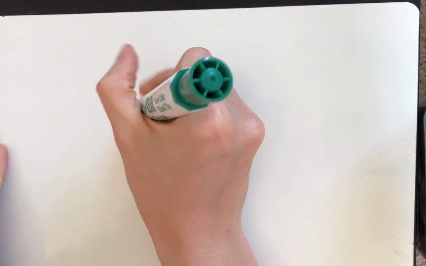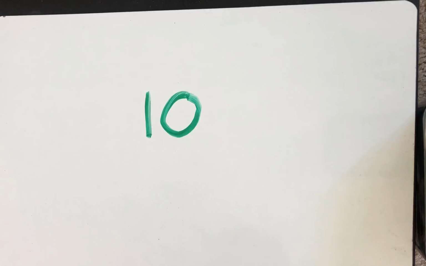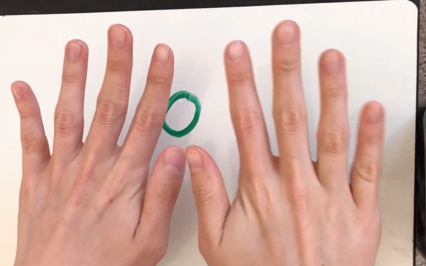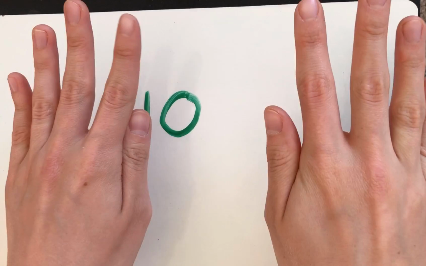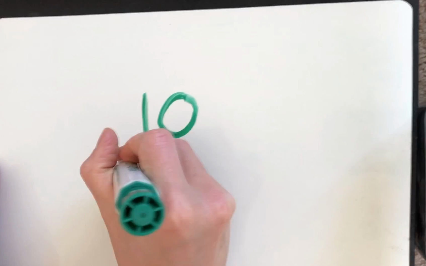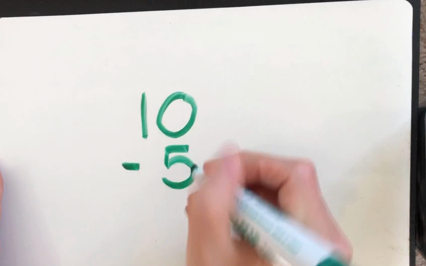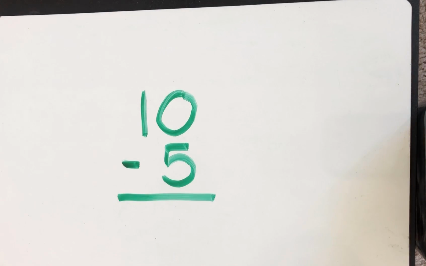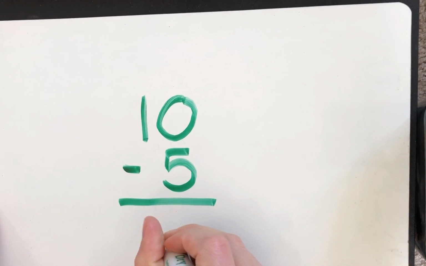So let's start out with the number 10. So if I had 10 and I wanted to subtract half of 10, I'll show you on my hands. If I split 10 evenly, it'd be like separating my two hands, right? So I'd have 5 and 5. So if I were to do 10 minus 5, and we were to count that out, you could count it backwards, you can count it forwards, but I would end up with 5,